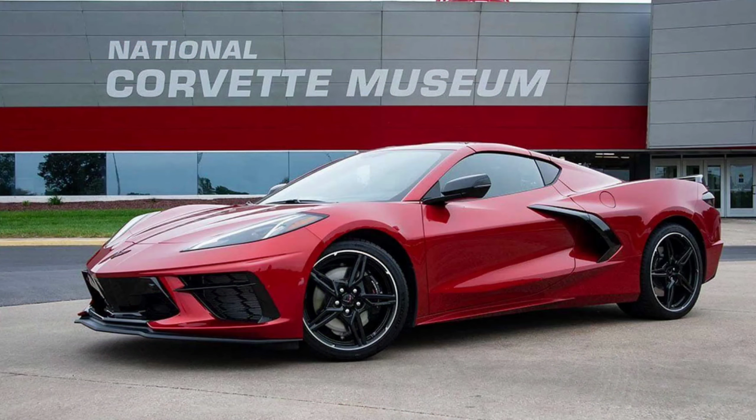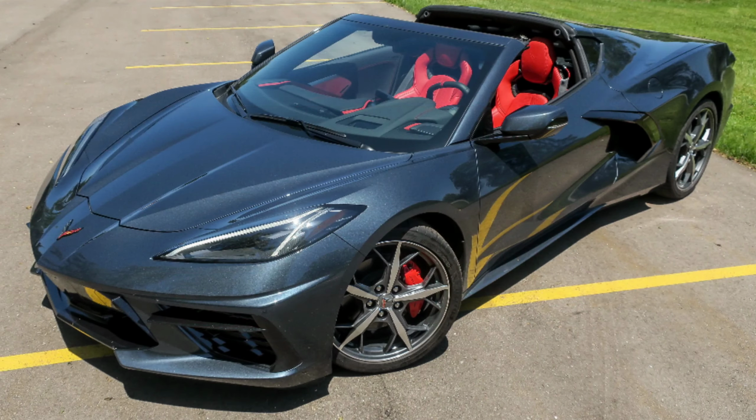Now let's switch gears to the Corvette plant, which we have now found out is going to be closing down due to supplier issues. Now we all know with everything going on in the world right now, supply and demand has become quite a problem, especially when it comes to the automotive world and getting parts. The Corvette plant has been dealing with the same exact issues right now, and they've gotten pretty bad to the point where they're going to have to close the plant down for a short time. They are supposed to be closing it as soon as next week, but they say it will be reopening on